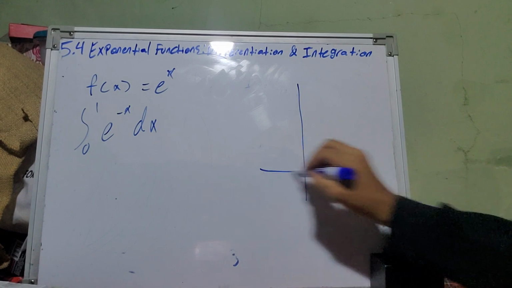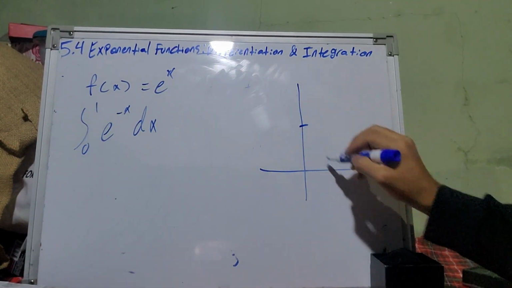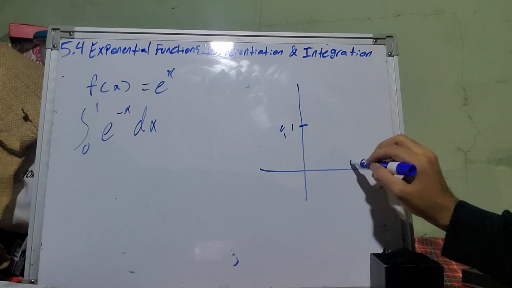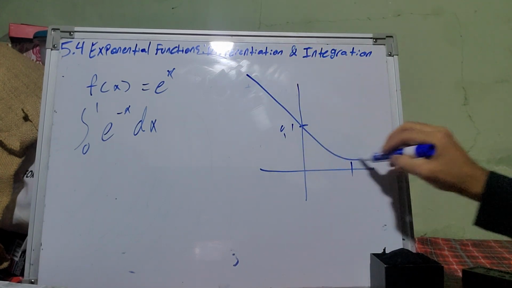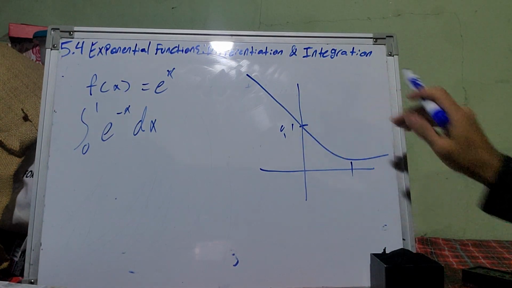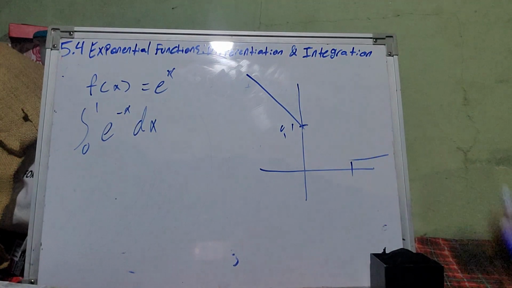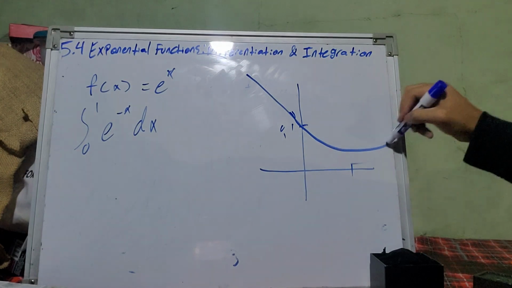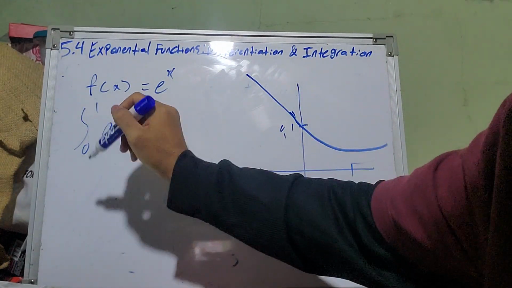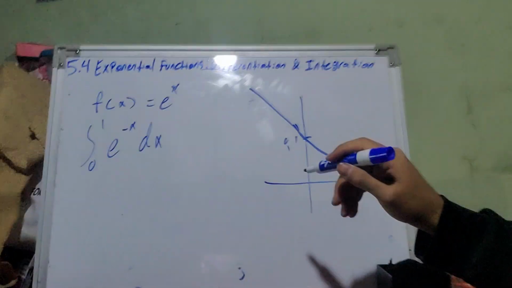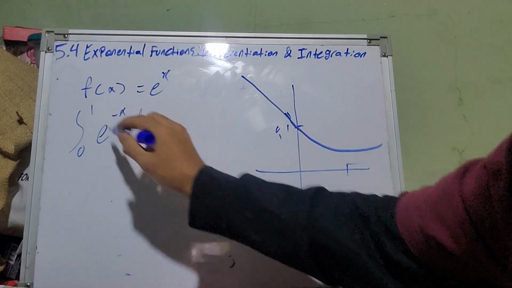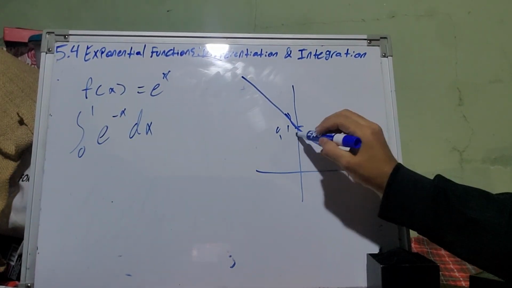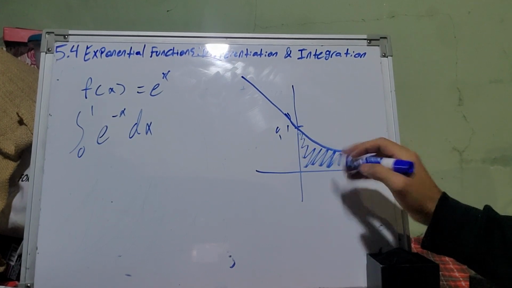This can be shown on the graph as this, because as we see, we're presented with the negative x. As we're searching for this area,